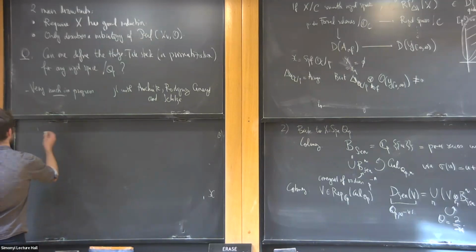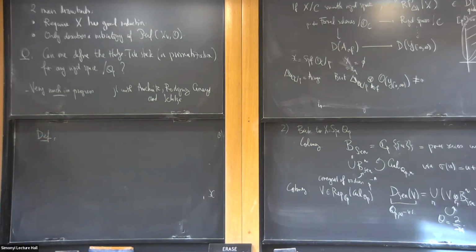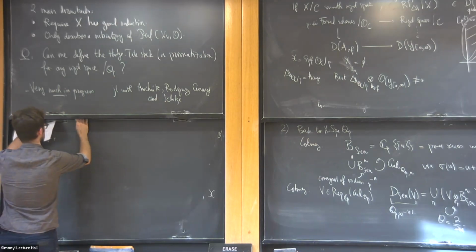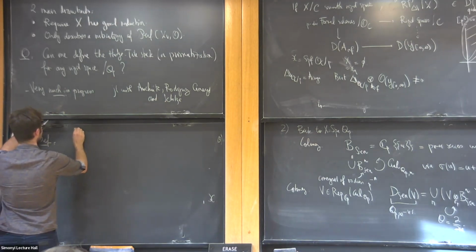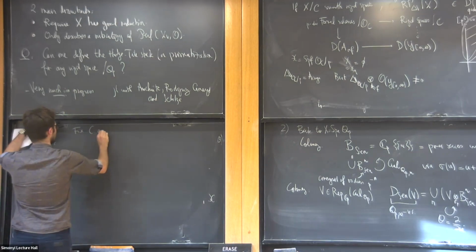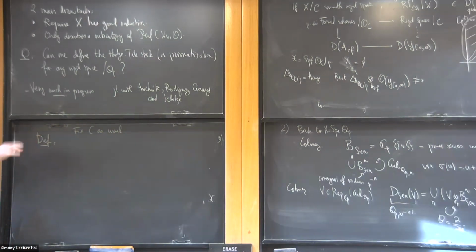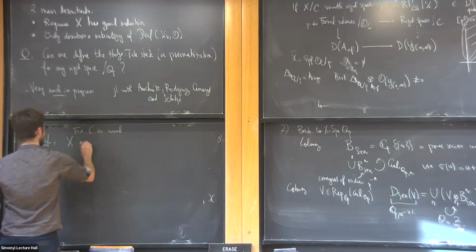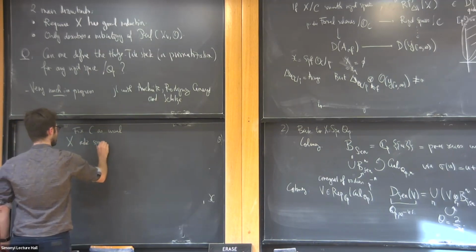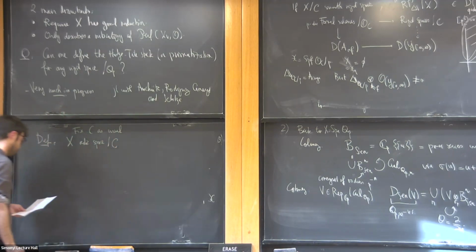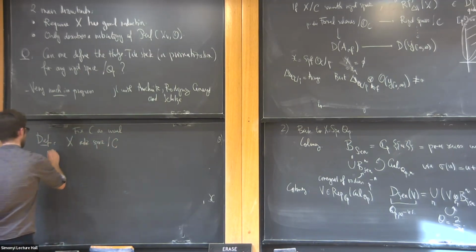So now the definition of the prismatization goes as follows. For simplicity, because we mostly thought so far about the relative case, I fix C as usual. I'm only considering the relative version of the construction. And then let X be an adic space over C. Then you define the